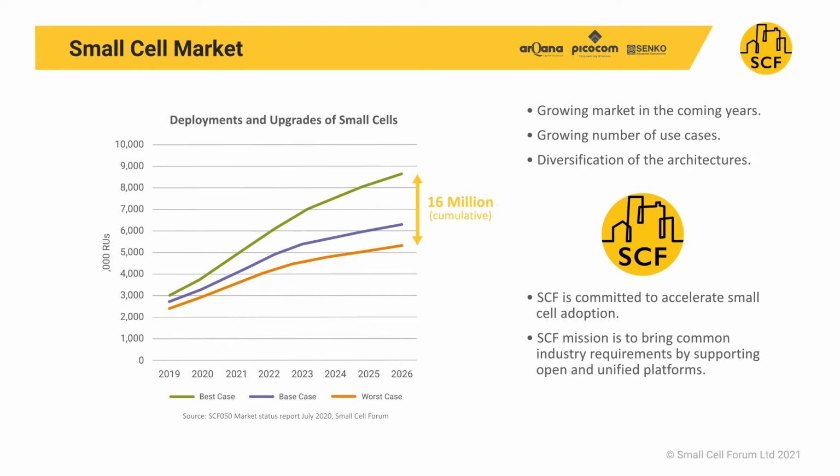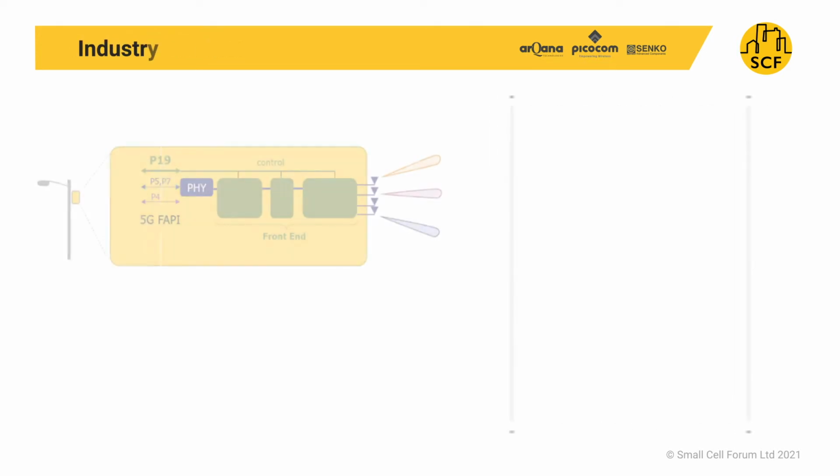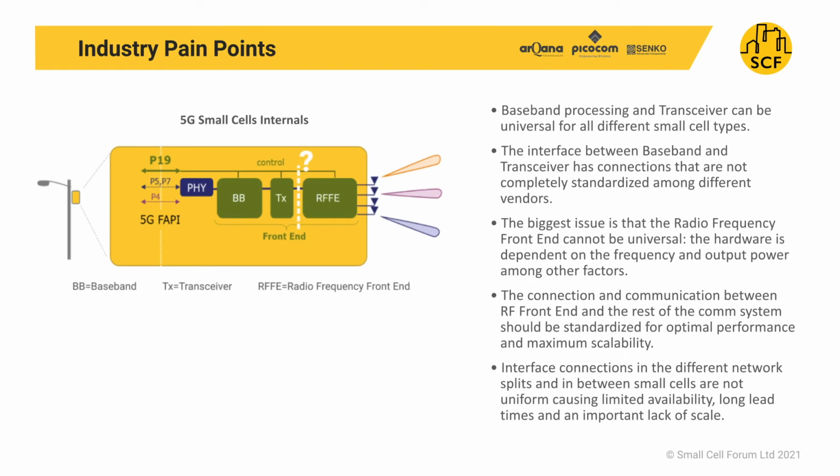and unlicensed wireless spectrum. However, small cells come in a huge variety of form factors, different architectures, and end uses. All these require standardization. Small Cell Forum is helping the mobile infrastructure to move faster towards a best-case market growth scenario. The small cell baseband processing can be universal across all different small cell types and is using standard Open